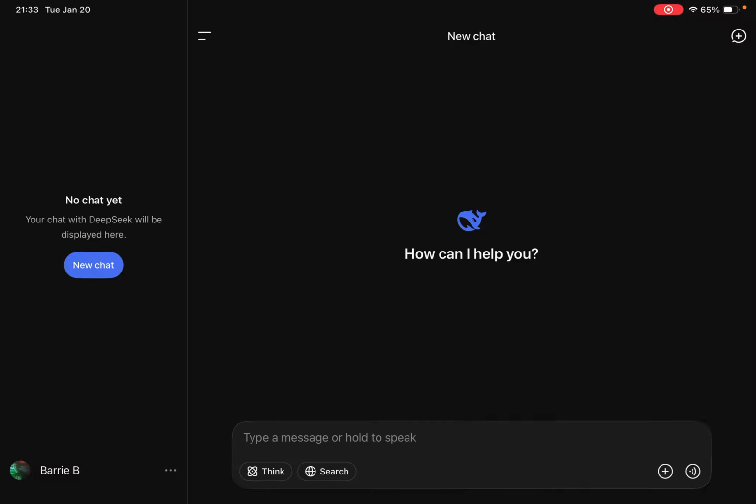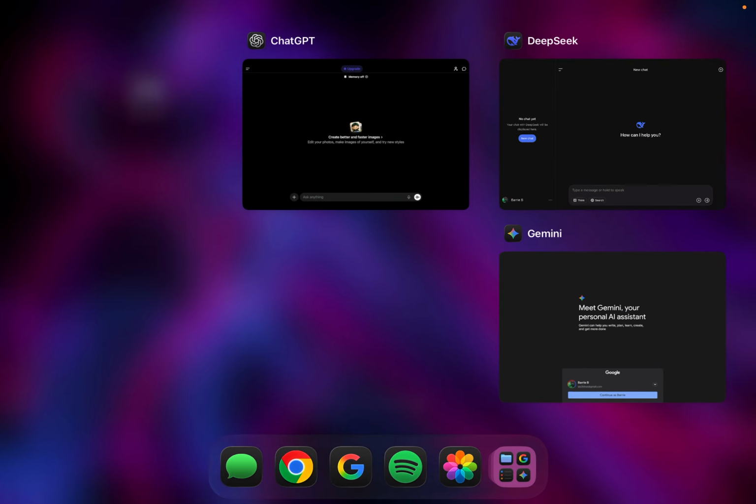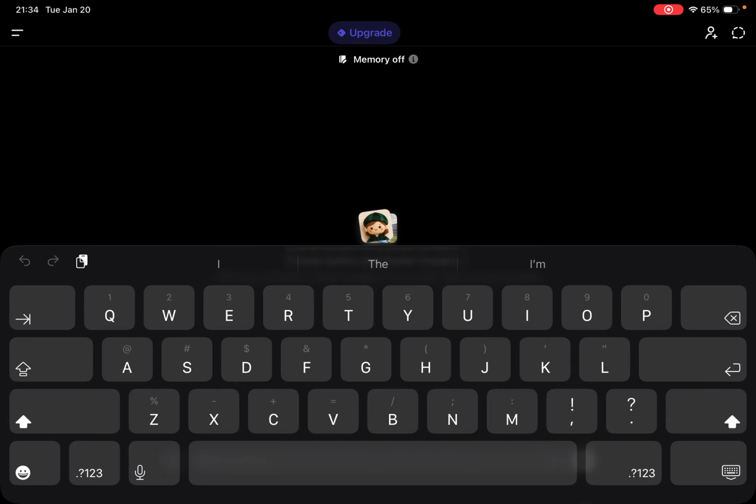So we are going to be testing out Deepseek, okay? Now this is the first time I've ever used Deepseek. But what I also have to compare it with is ChatGPT and Gemini, and we're working off my iPad right now. So I'm going to go into ChatGPT and I'm going to ask it how, in fact no, I'm going to say